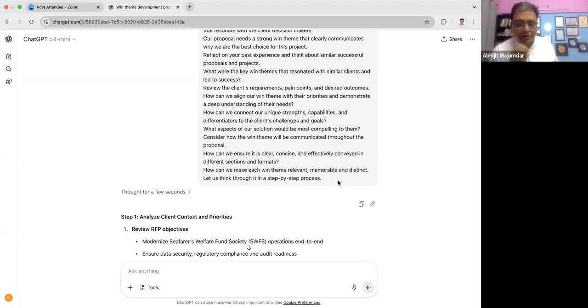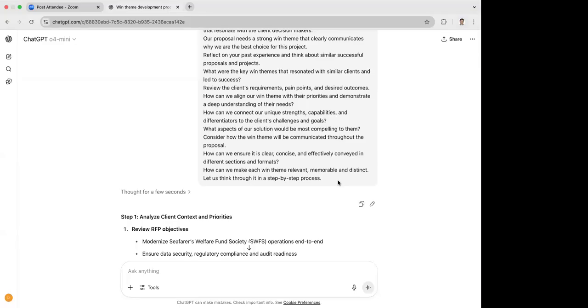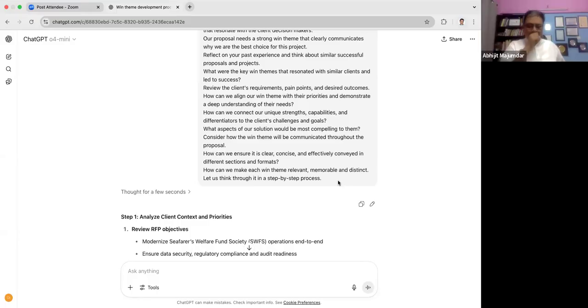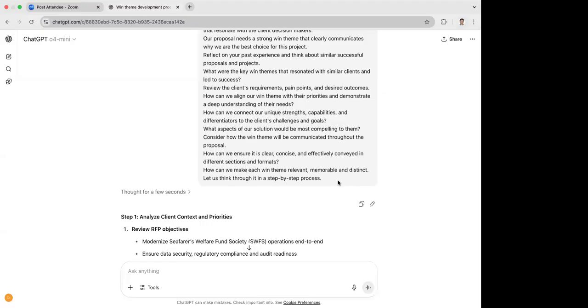Got it? Anyone? Any questions? Yeah, Deepshika, did you have any questions? Go ahead. No question, Abhijit. I am seeing this prompt. I think it is generating a draft proposal itself, starting from challenges, then solution on a page, and then the following slides where you can plug in that win theme. So the first draft is ready, and then we can go with that with the team when the timeline is short, and then the team can fill in the respective details. It was a very good prompt.